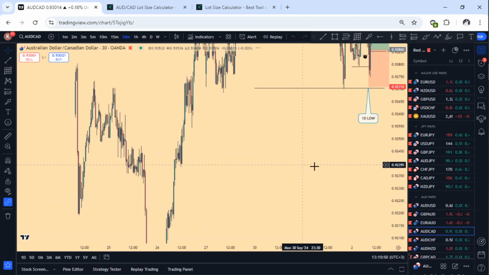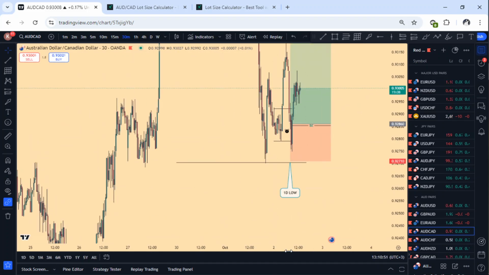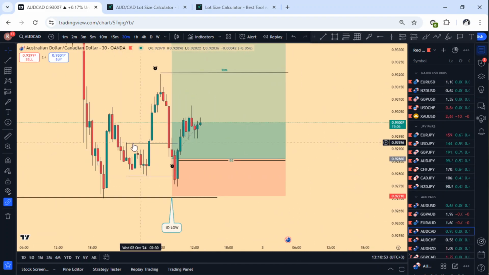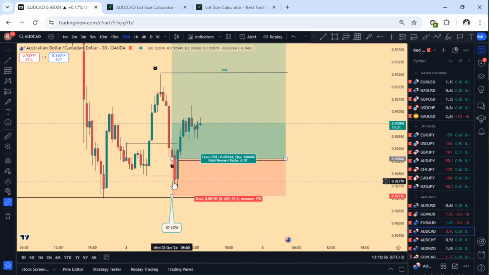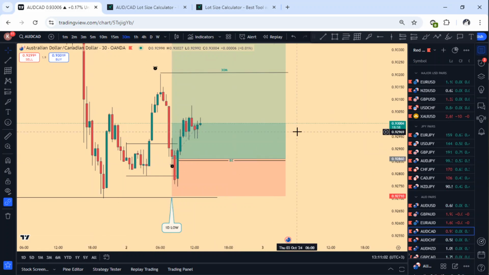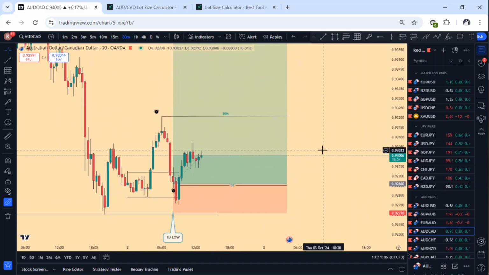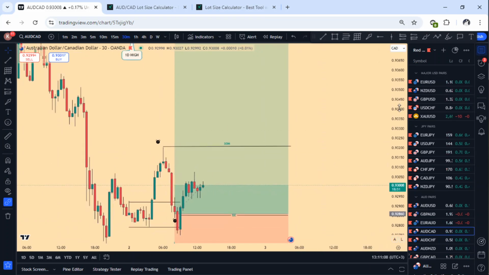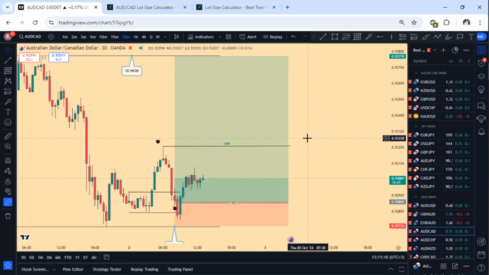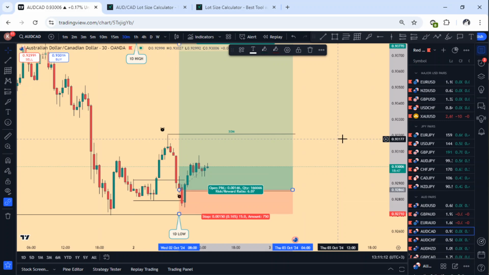Let me just check. I took risk entry. Ideal entry should be here, but since it was late, I wanted to go somewhere. I took risk entry. This entry is good because it protects all your profits. So currently I'm here, so this is what I'm targeting. I'm targeting a 1 to